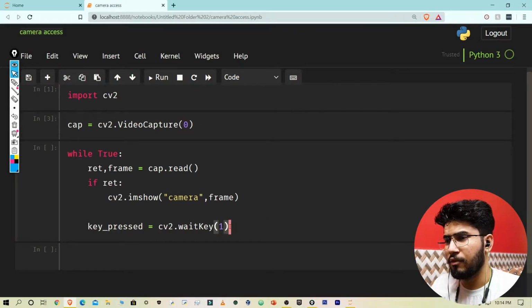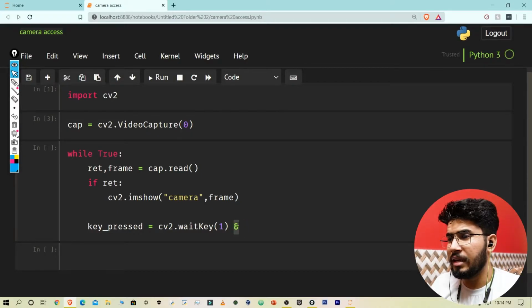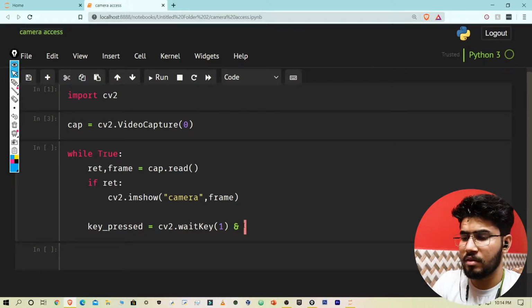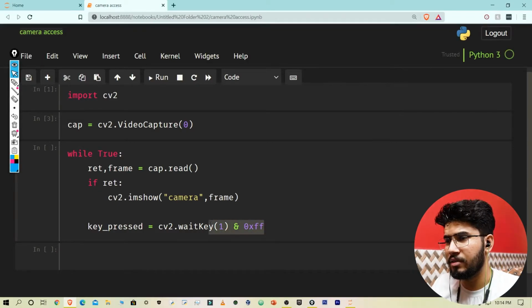So 1 millisecond will be enough, and I am going to do the binary AND operation with 0xFF. I will tell you what it is doing.